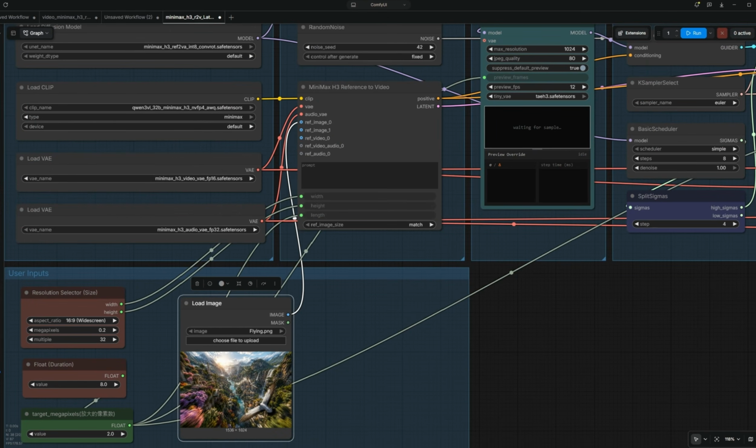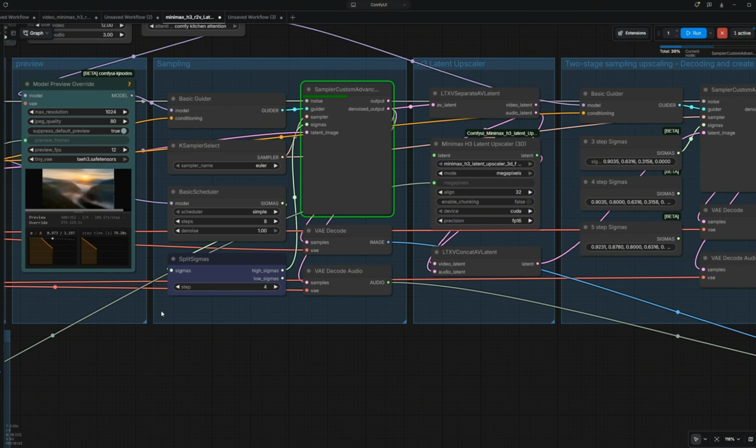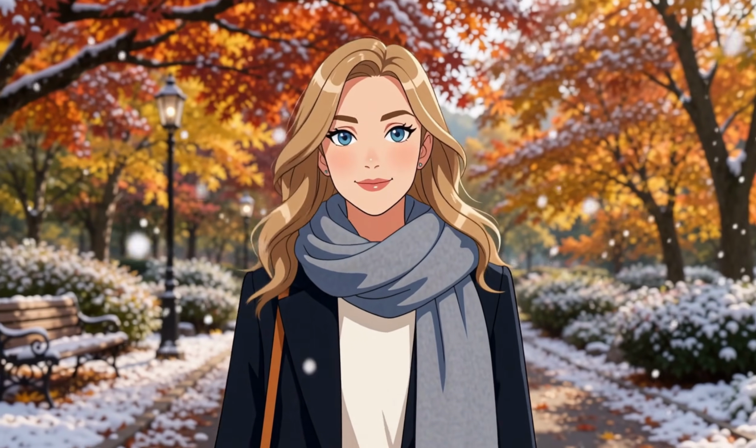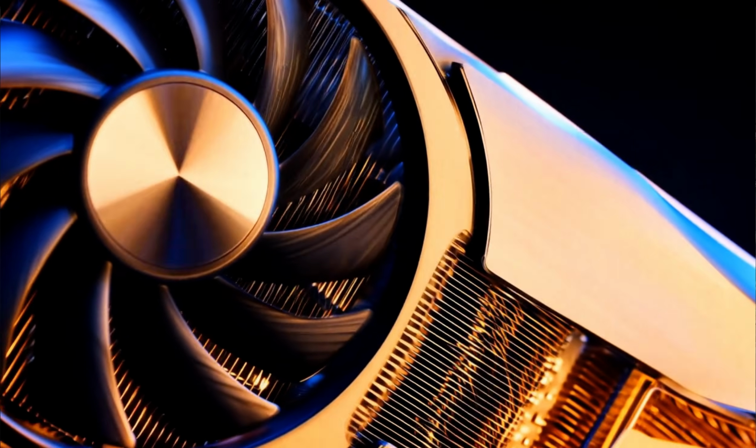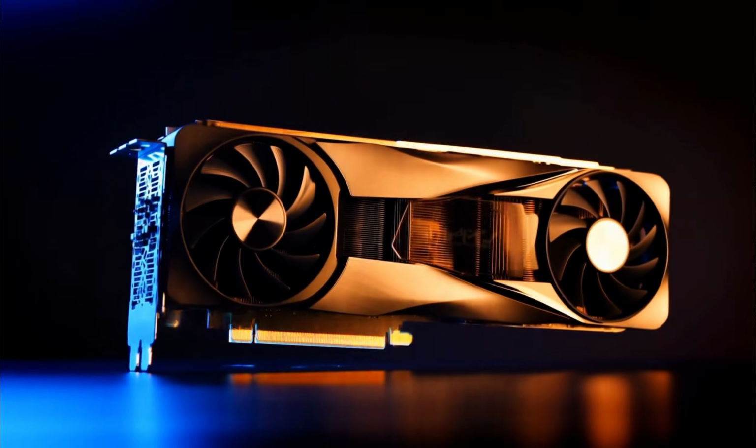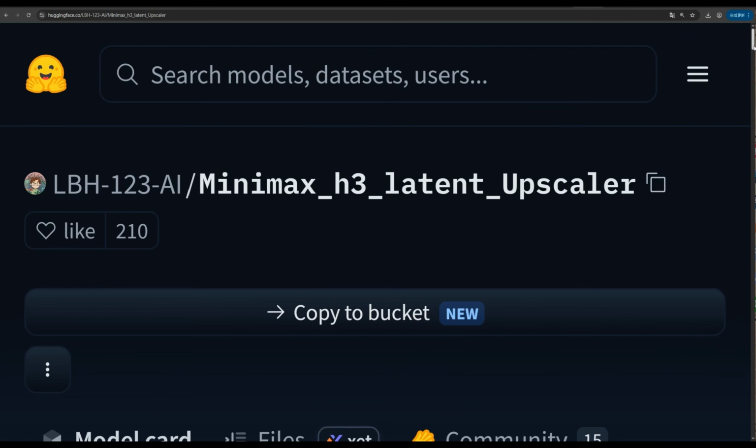So in this video, I'll show you how this workflow works in ComfyUI, how to run the MiniMax H3 Latent Upscaler workflow in ComfyUI, and most importantly, whether we can really get a high-resolution result without relying on a high-end GPU. Let's get started. The MiniMax H3 Latent Upscaler is a custom ComfyUI node created by